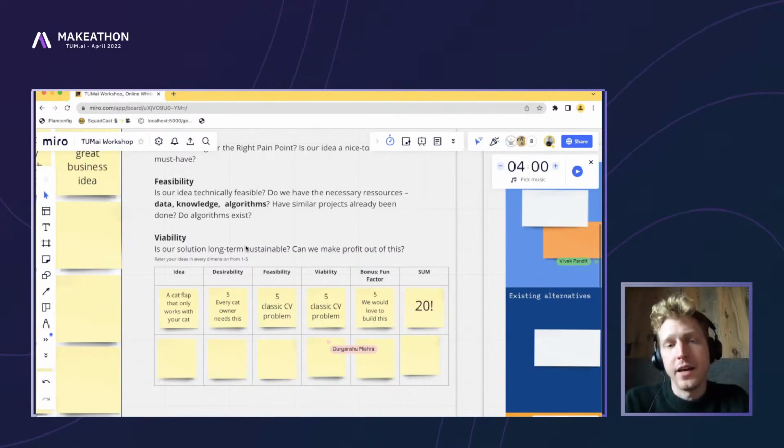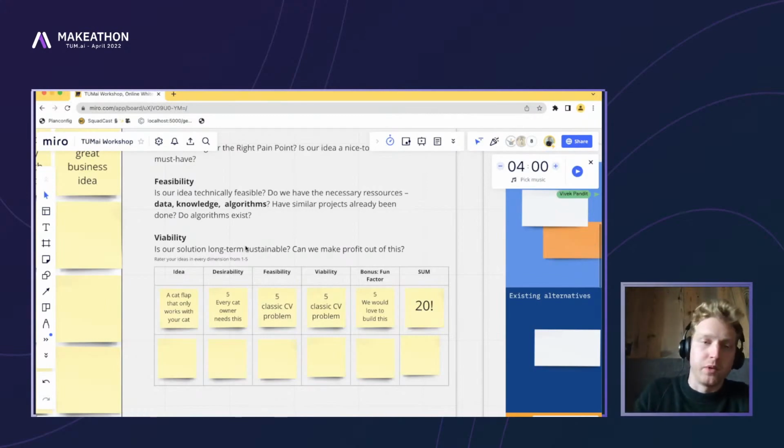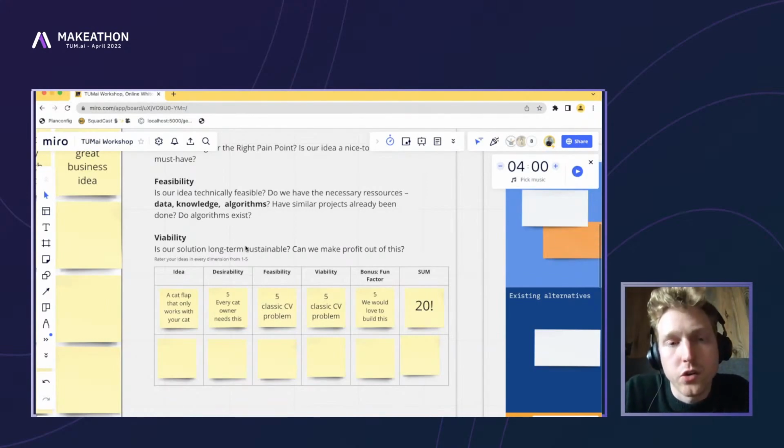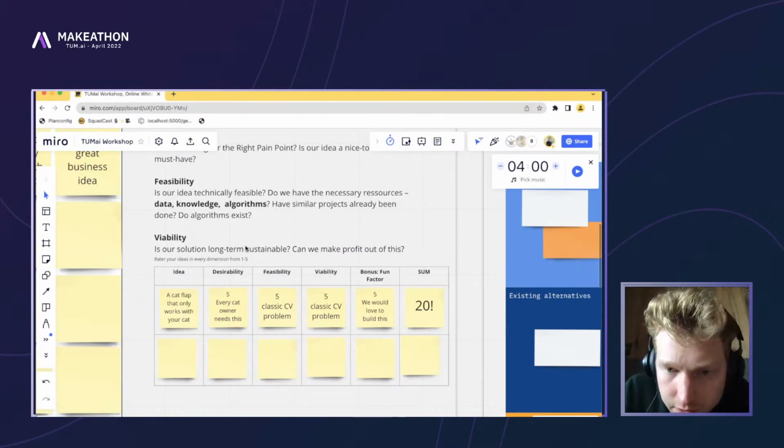And yeah, it works like this, that you just take your idea and then you rate it from 1 to 5, how good it is in every dimension. Obviously, this usually sparks from a discussion. So yeah, you could create first ideas on obviously your target customers and how much they would like it. Then on the feasibility side, if somebody already has maybe knowledge on how to tackle these problems or how it could be solved. And viability,